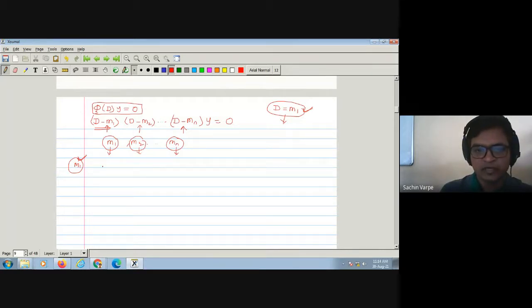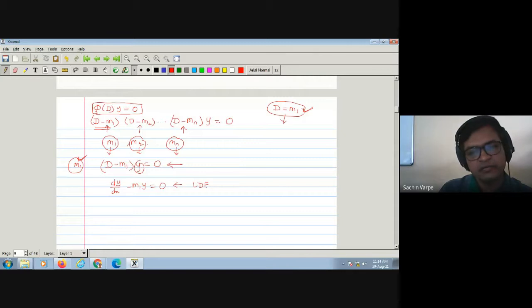So how do I write it in its factored form? That will be (D minus m1) y is equal to 0. I am considering the homogeneous differential equation. Is this point clear? Everyone clear that a linear differential equation of first order first degree will be of this form? So if I resubstitute the value of D, it becomes d by dx, and when I take this y inside, dy by dx minus m1y is equal to 0. So this is the standard form of a linear differential equation of first order first degree.